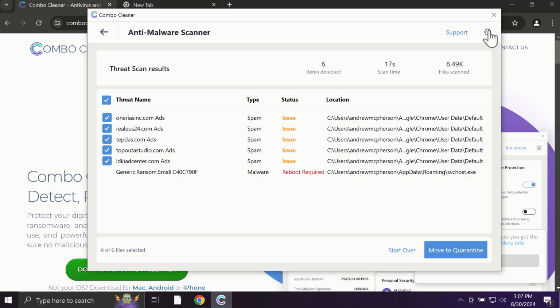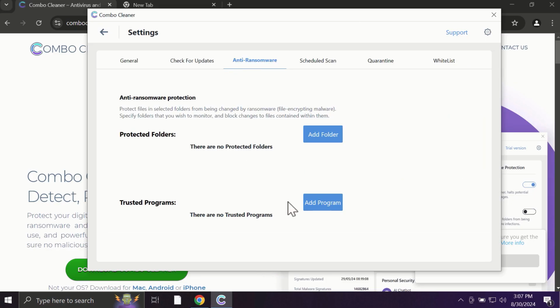With premium license, for instance, there is an excellent anti-ransomware feature which helps to always keep your data protected. You can add certain folders on your system, and the contents of these folders will be always under the protection